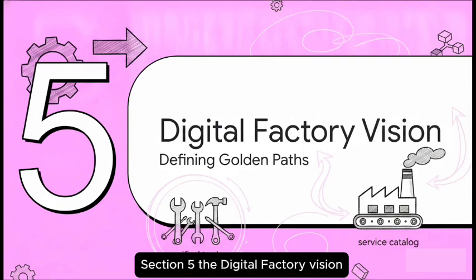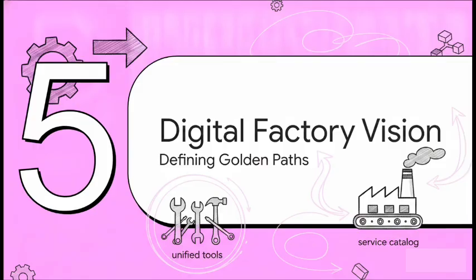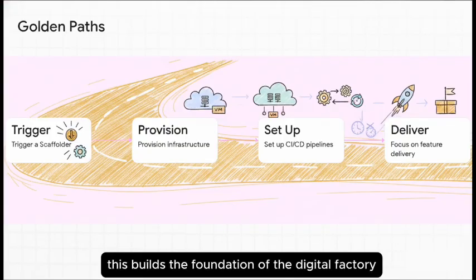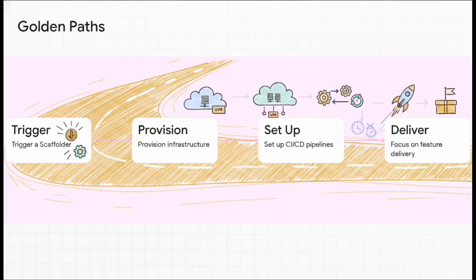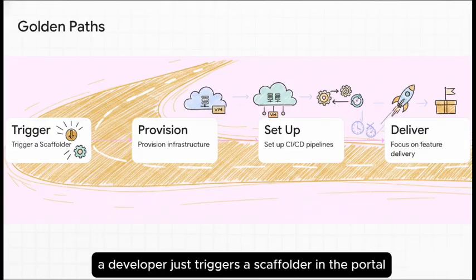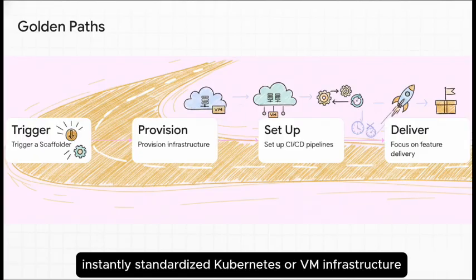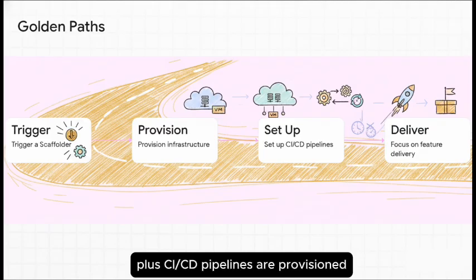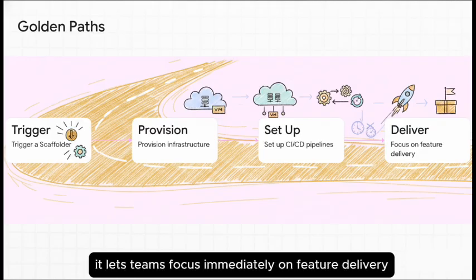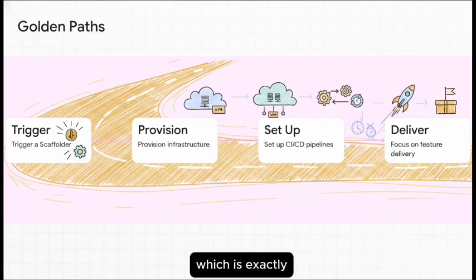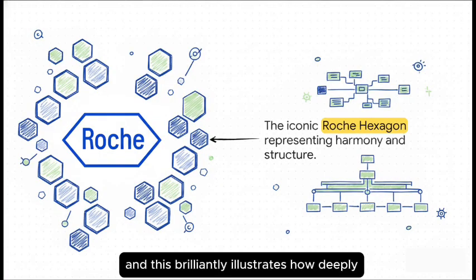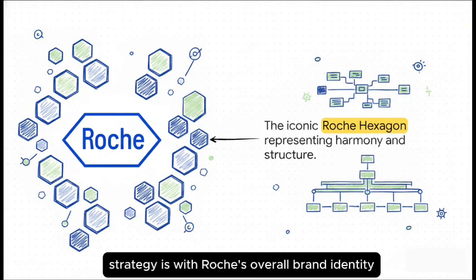Section 5. The Digital Factory Vision. All of these elements we've talked about, the service catalog, the unified tools, the automated runbooks, they all culminate in what Roche calls their Digital Factory Vision. Let's see how this builds the foundation of the digital factory through what they call golden paths. Instead of spending weeks setting up boilerplate infrastructure, a developer just triggers a scaffolder in the portal. Instantly, standardized Kubernetes or VM infrastructure plus CI/CD pipelines are provisioned. That whole setup delay just vanishes. It lets teams focus immediately on feature delivery, which is exactly where they should be spending their time. And this brilliantly illustrates how deeply integrated this platform strategy is with Roche's